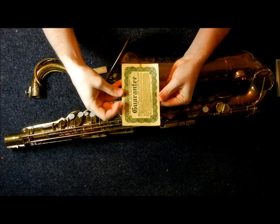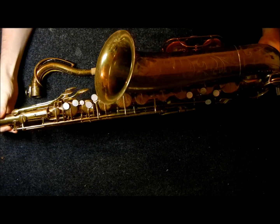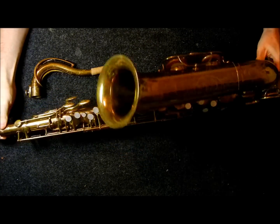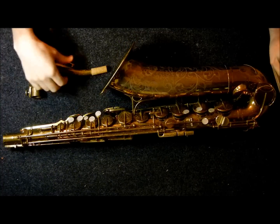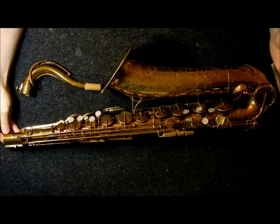So that's kind of interesting. This is the original Martin guarantee that would come with this 50-year guarantee against defects or problems in workmanship. Try finding that today. So, 1954, this model range actually was from 1945 to 1971, so 54 we're in kind